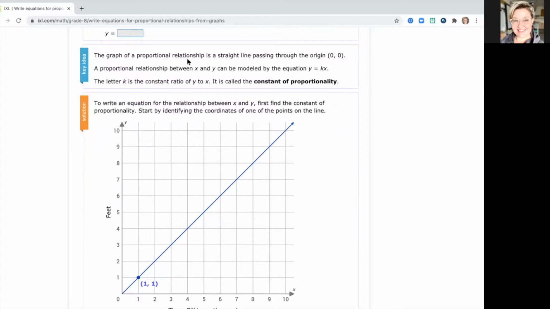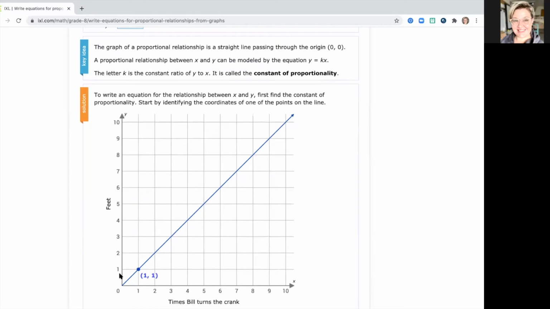The graph of a proportional relationship is a straight line passing through the origin, 0. So this graph here, this line here, shows a proportional relationship as it passes through 0 and continues on straight. A proportional relationship between X and Y can be modeled by the equation Y equals